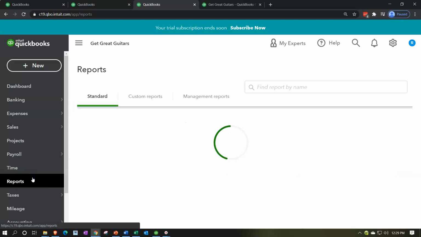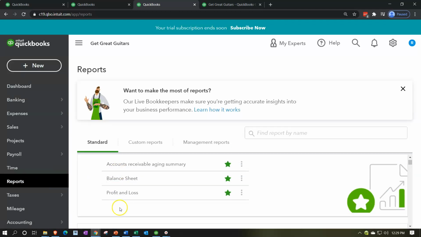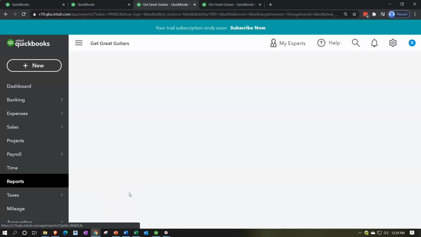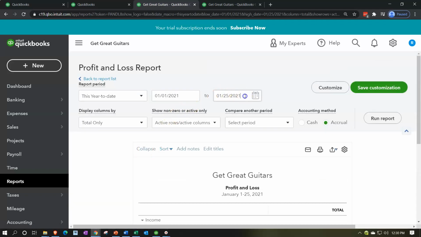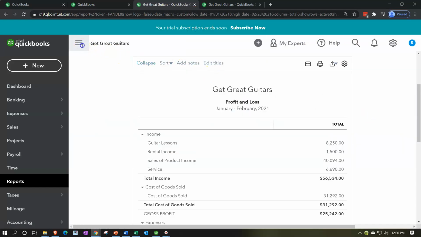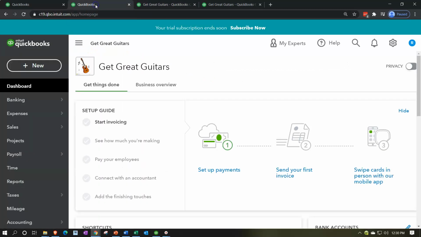Next tab to the left, we're going to go down, then do the same routine, reports, but this time opening up the profit and loss, the P&L, the income statement, range changing it up top to the endpoint of 022821, and then we'll run that report. Closing up the hamburger, next tab to the left,